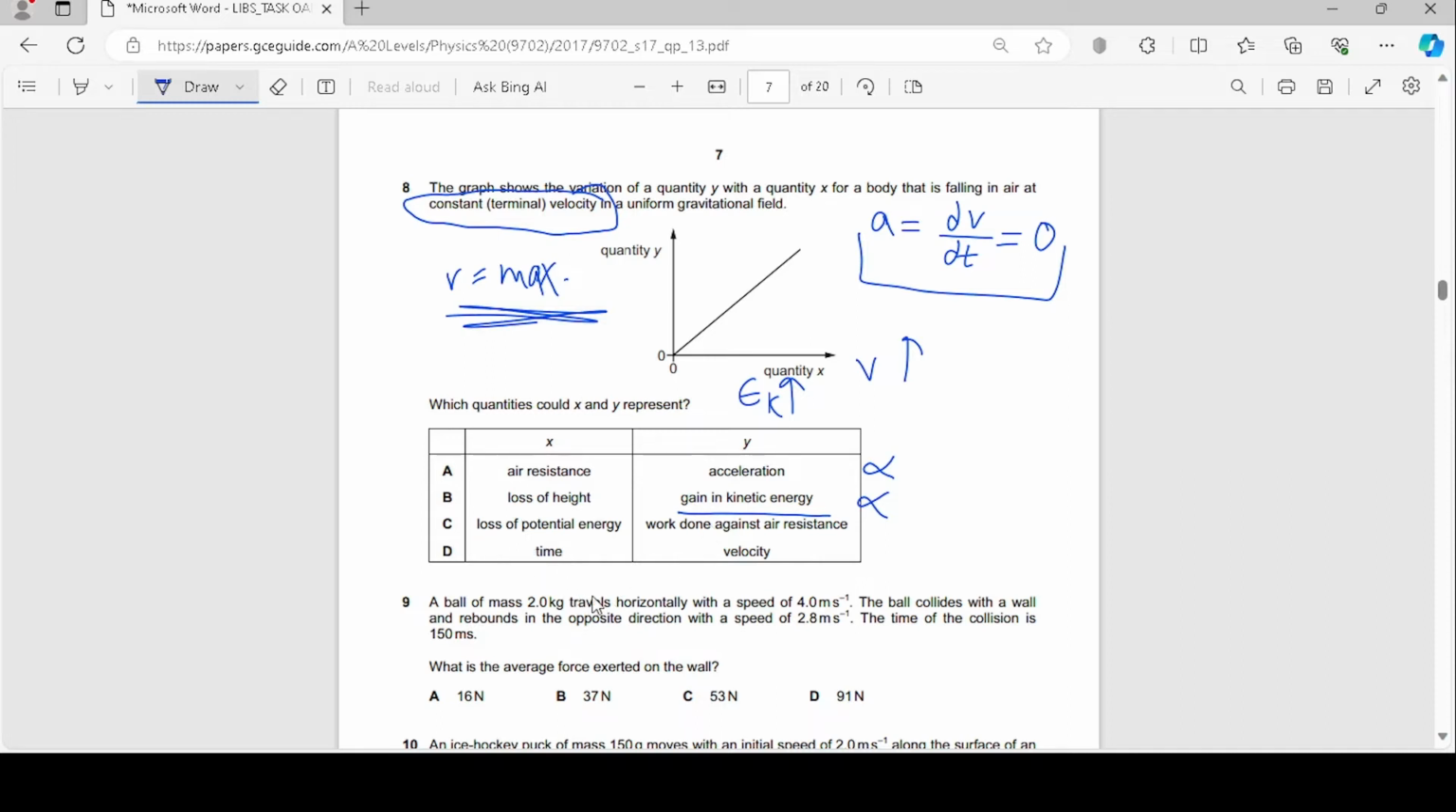If you look at option C, it says that on the x-axis we have loss of potential energy, and on the y-axis we have work done against air resistance. That is a probable answer, because the body is falling. I hope it's not a human being, but anyways, falling, and that means you have obviously loss of potential energy,